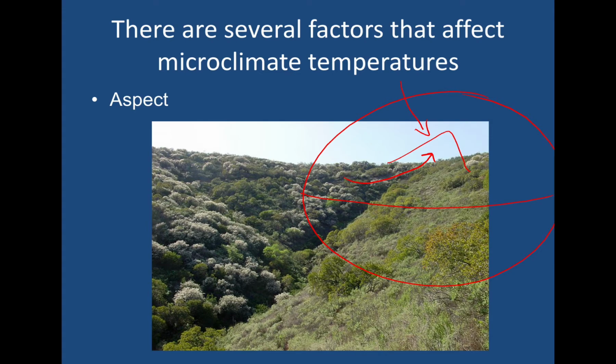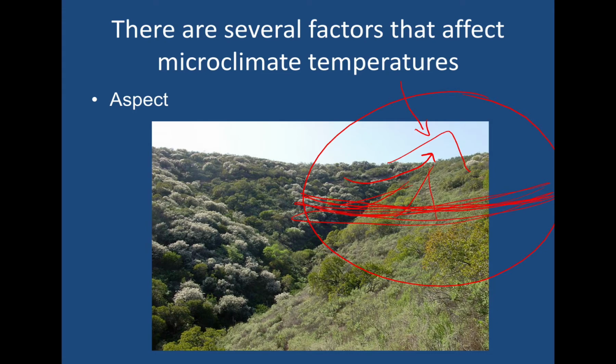Why is that? Remember, again, from the first lesson, we mentioned that the abundance of sunlight is higher in the equator. So sunlight mostly shines from this area. Okay? Which means that the northern side of the mountain is shielded. So what are the consequences of that? I'll give you another example.